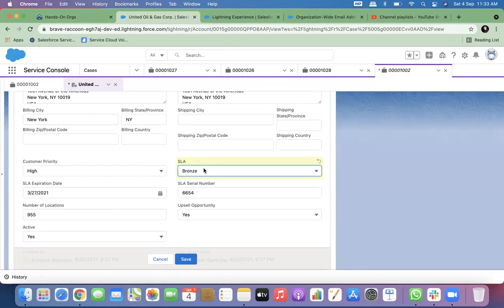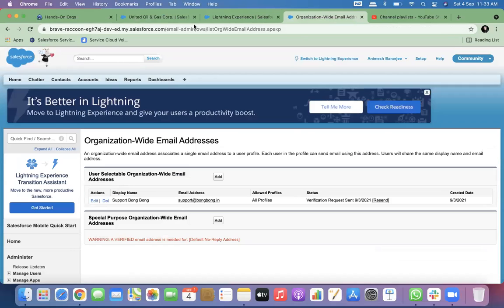No, SLA is not defined on priority. Priority of a ticket is a different thing. Priority of a ticket is basically, there is a customer priority also. There is a ticket priority also. So if you go to this ticket,